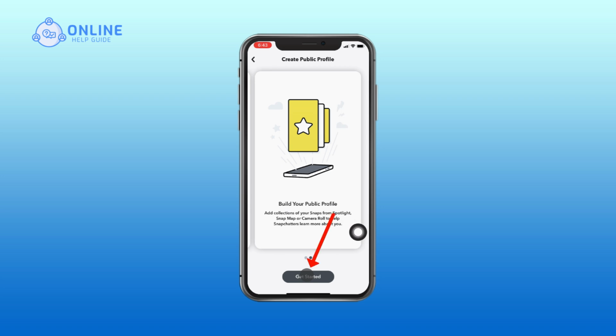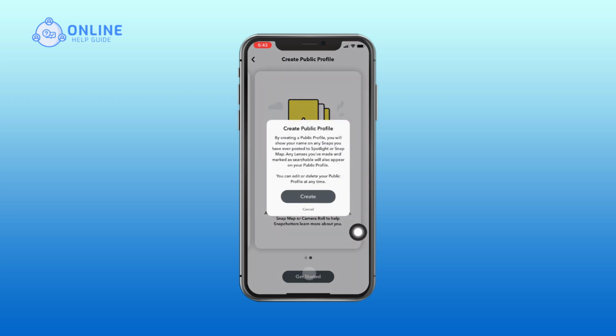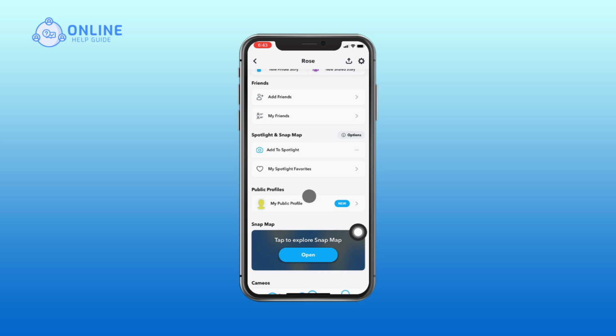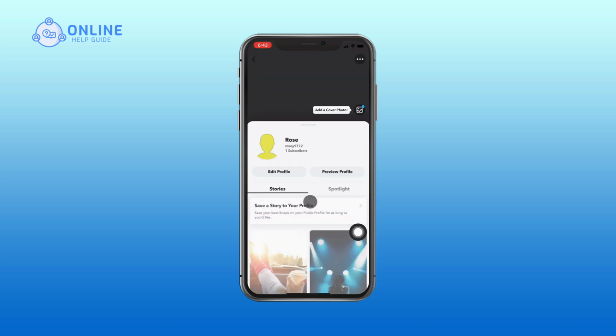Now tap on Get Started. Finally, tap on Create to confirm your selection and publicize your Snapchat profile. That's it. Your profile is now public and users will be able to subscribe to your profile to see your